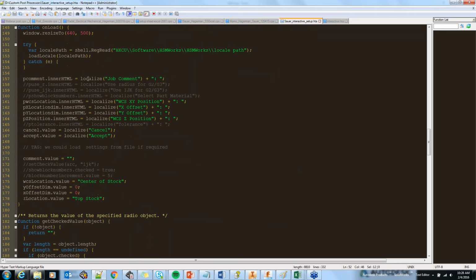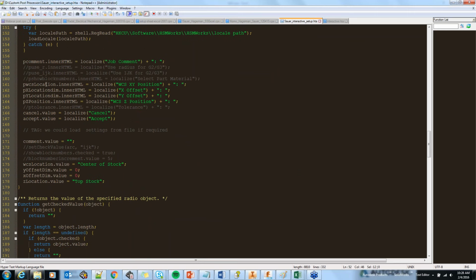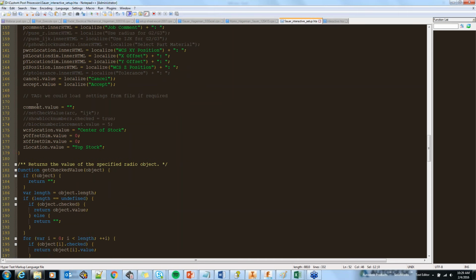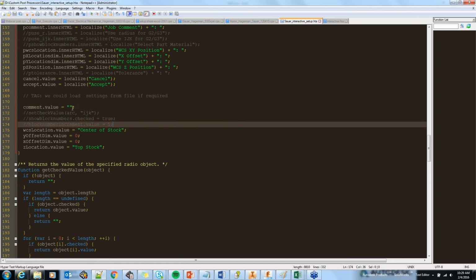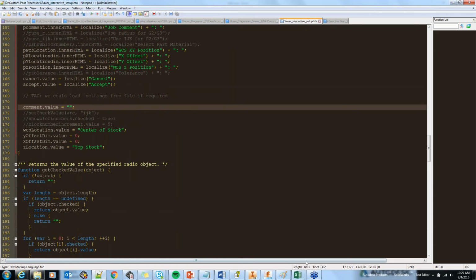Okay, so job comment, positioning, offsets, all of that stuff, and then your cancel accept. So that's all in there to pull. And then this area right here is actually setting like the default. So whenever I posted it out,